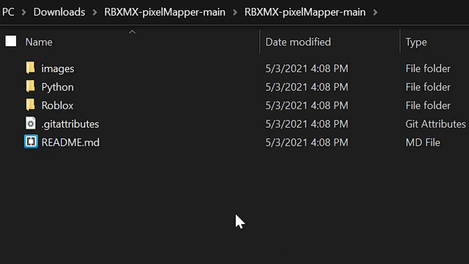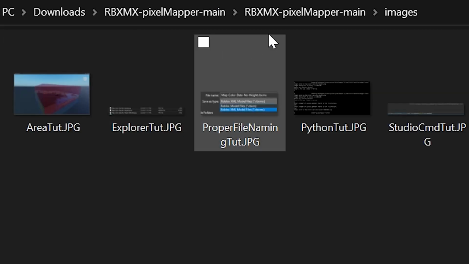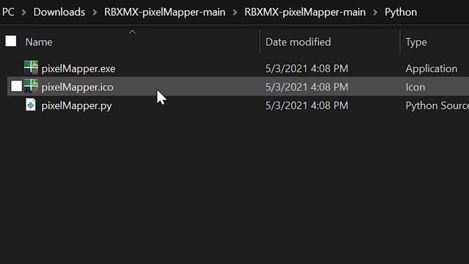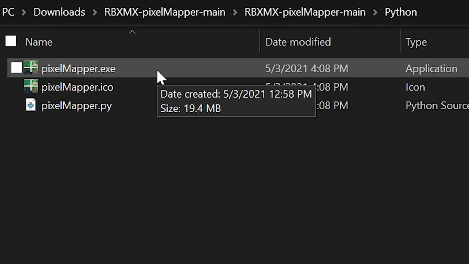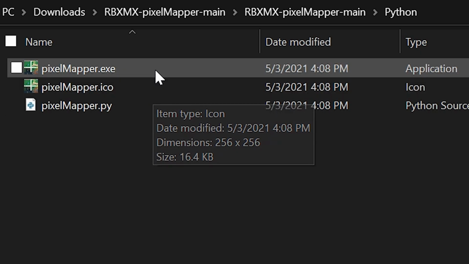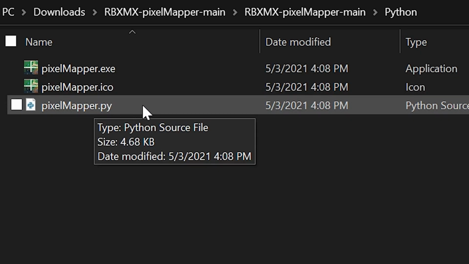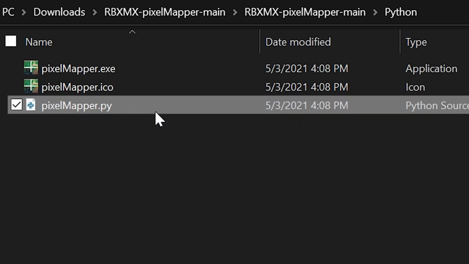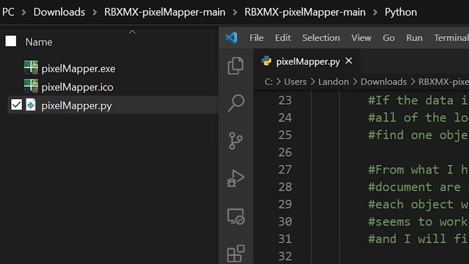Okay, so within these folders, you'll see that there's images, and that's just for the tutorial. There's the Python, and if you're on Windows, I know that this exe works for me. I don't know if it works on Mac or Linux. Here's the icon to create the little icon for this image, and here's the Python script. If you want to see how the Python script works, you can open it up in Visual Code or whatever